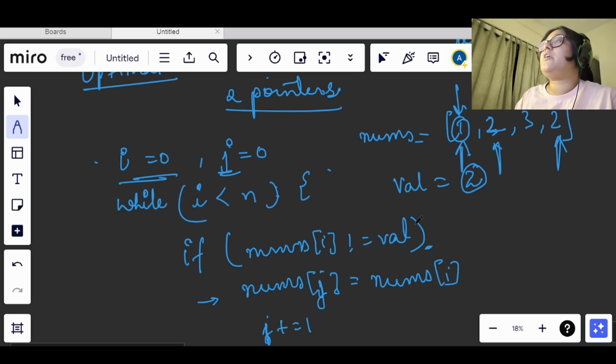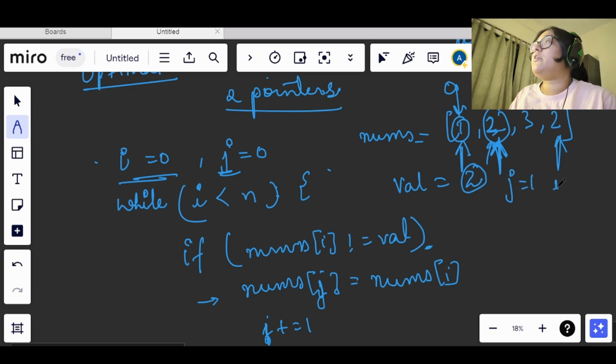Let me show you how it will happen. Let's say we have come to the first index. This is 0th index, first index, second index and third index, right? Now i is equal to 1, and j also moved here, so j is equal to 1 and i is equal to 1. We see that it is equal, so it will not do anything, it will simply move forward and i will become 2.